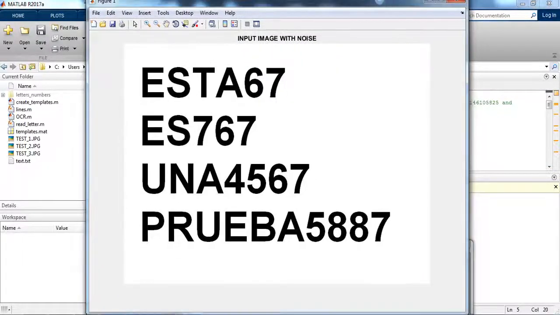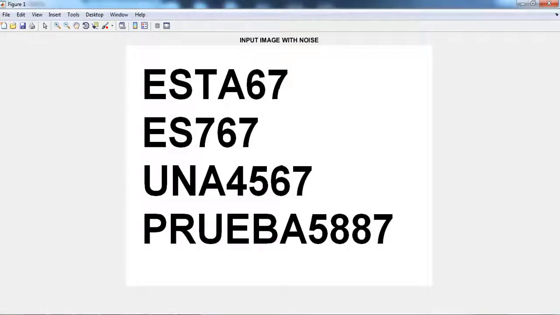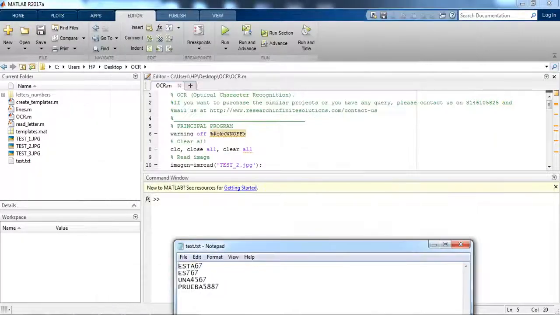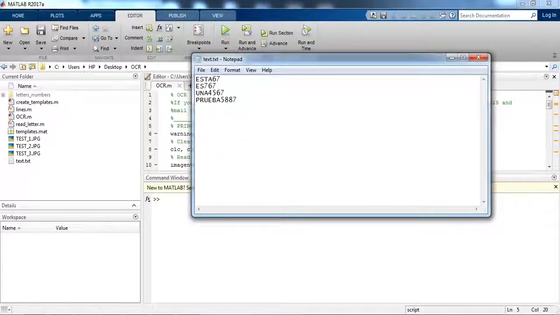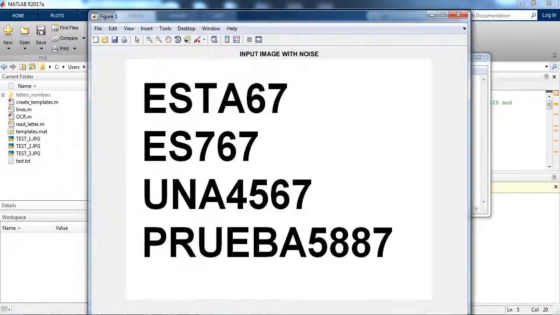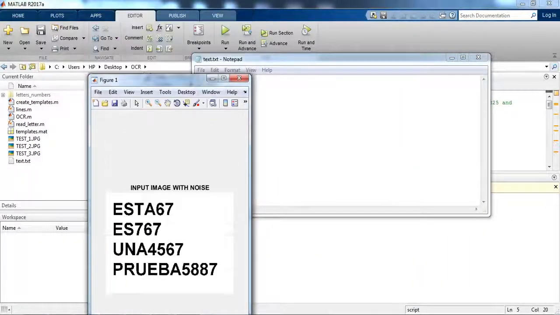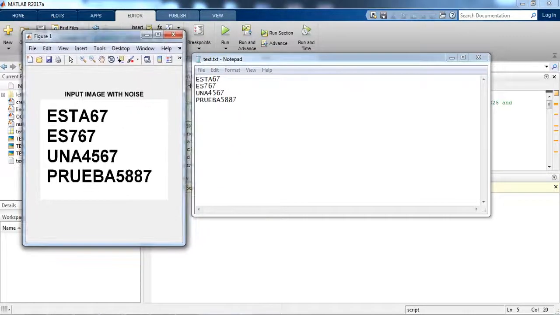This is basically the output. This is the input image which we were giving, and this is the output image. If you can see it, this was the input image and this is the output image.